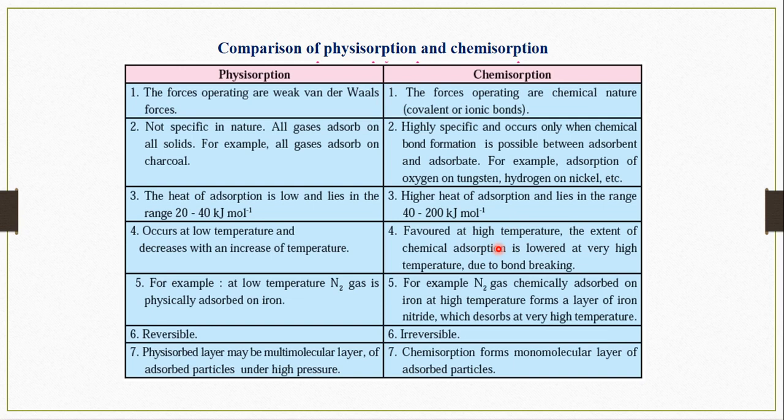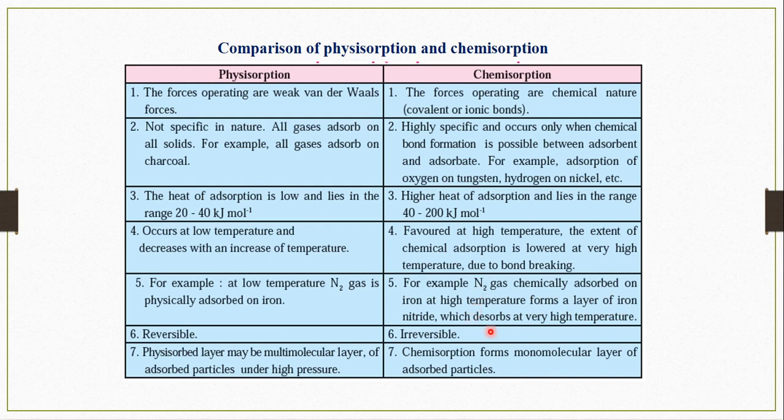But in the case of chemical adsorption, at high temperature the chemical adsorption is low due to bond breaking. If we increase the temperature, what will happen? The bonds will break down, so chemical adsorption will decrease. For example, at low temperature nitrogen gas is physically adsorbed on iron. At high temperature, nitrogen is chemically adsorbed on the iron,